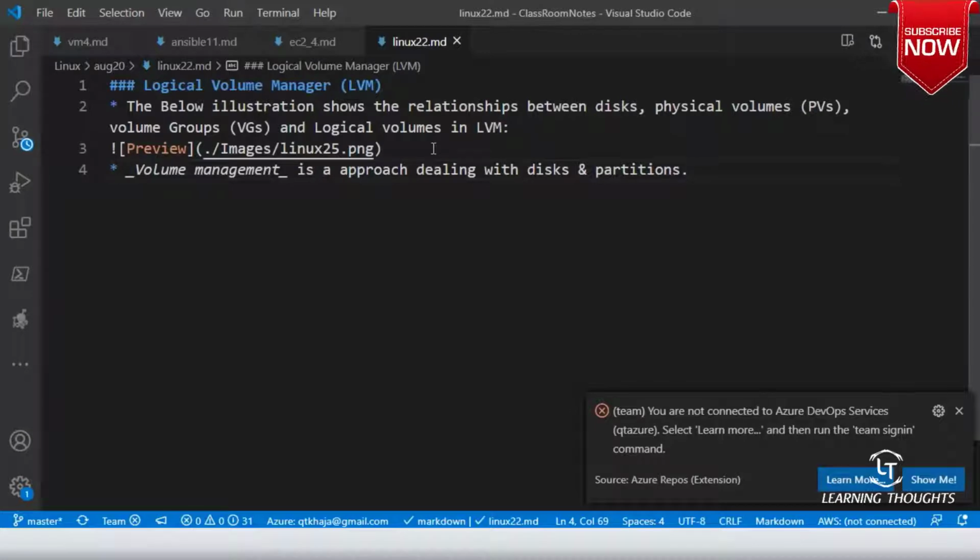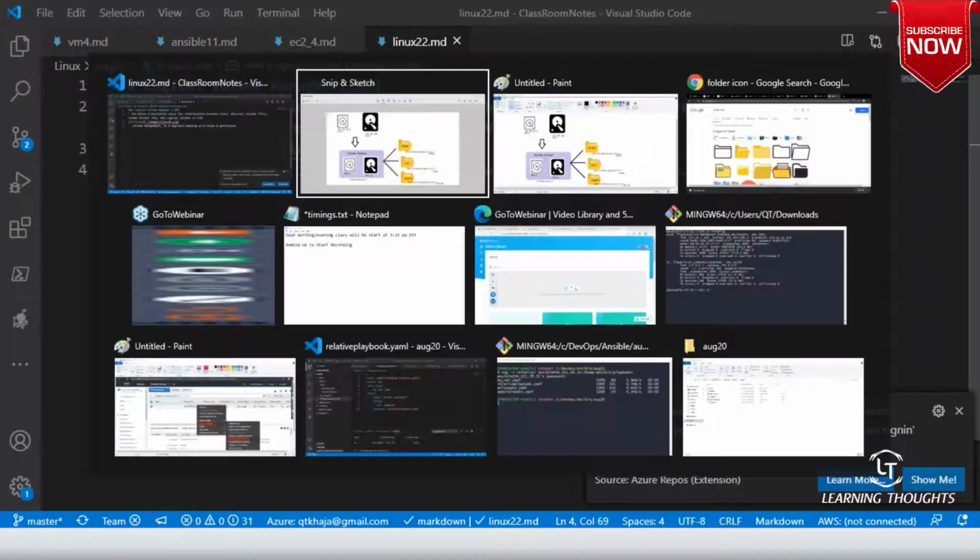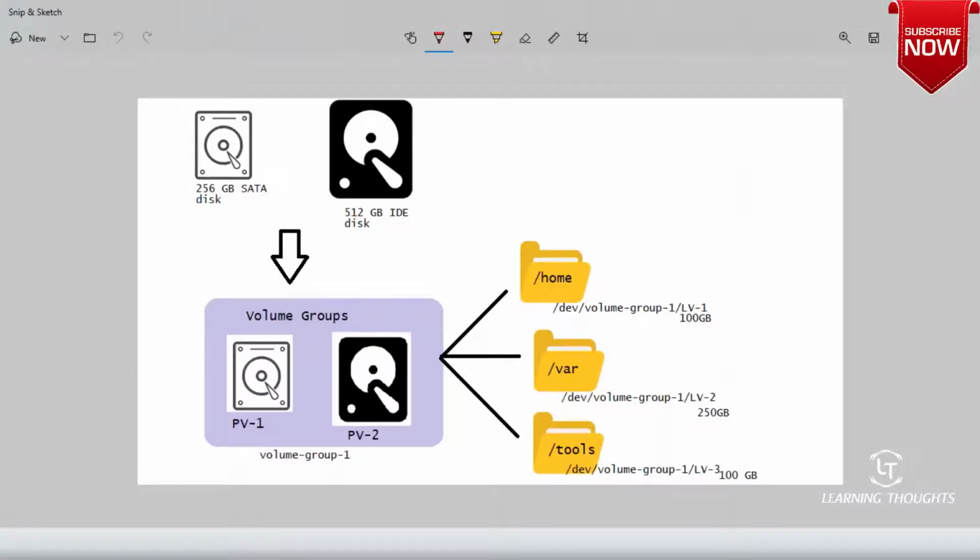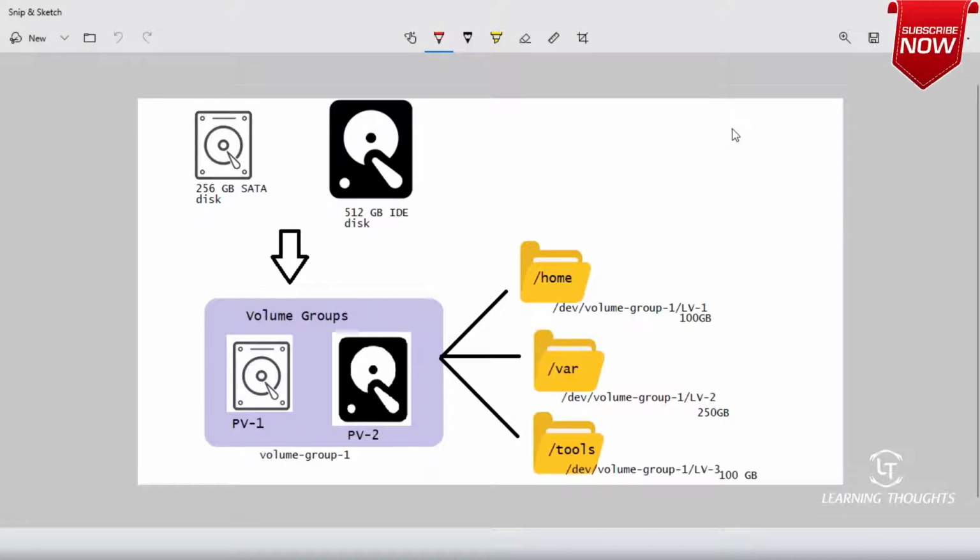Instead of viewing your whole disk as one partition, we can take storage from different disks and create different partitions around it. For example, if you look at this image, I had a 256 GB disk and a 512 GB disk. I could have basically mounted only 512 GB on here and 256 GB on here if I followed yesterday's approach.